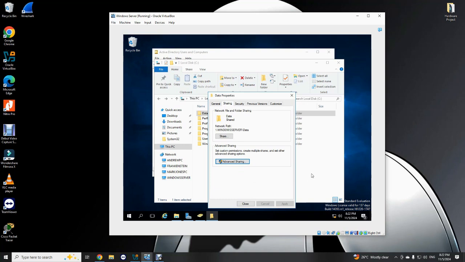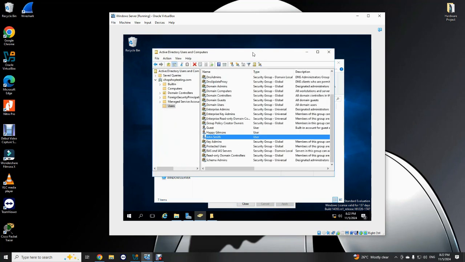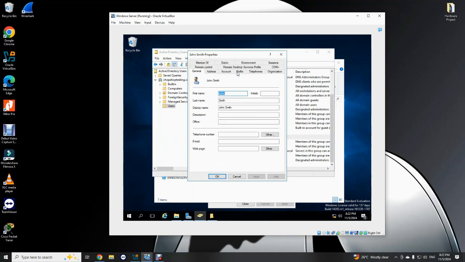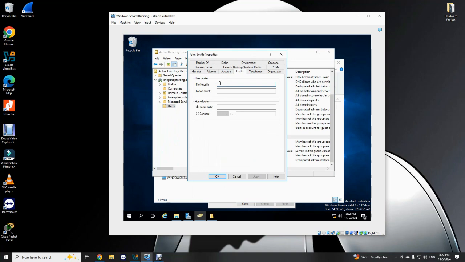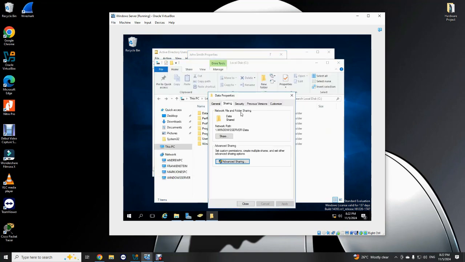Okay. Alright, so just go back now into this user. So we're going to use John Smith properties, and we're going to go on profile, right? And we're going to paste that folder that we created in his roaming path. So everything that John Smith does, it's going to store in that shared folder that we just created. Right? No, that's not the file. Alright, so in case the file doesn't copy properly,